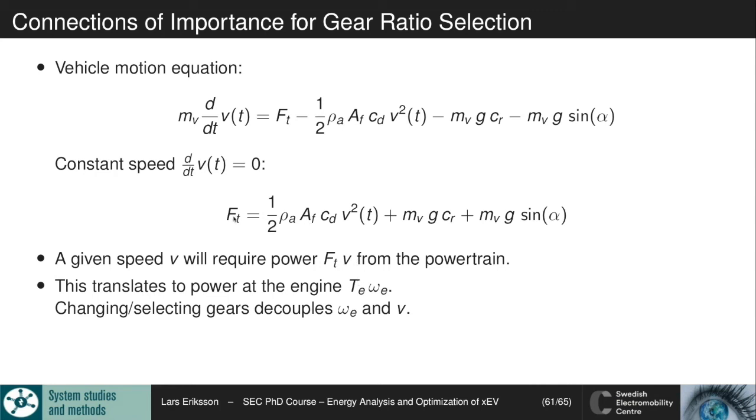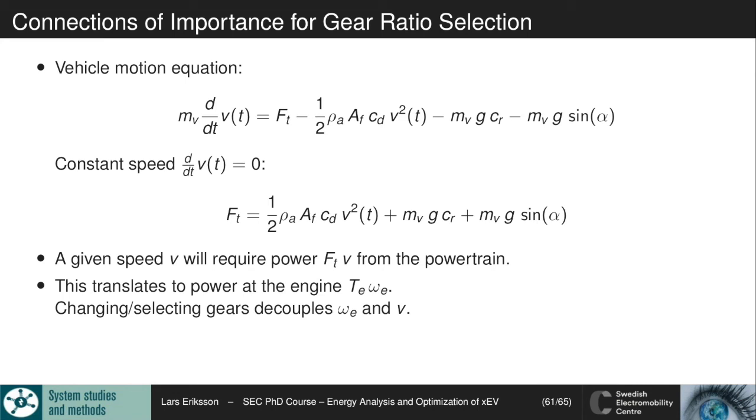So if we have this power requirement from the vehicle, and when we have the given velocity, we know the power requirement that the transmission needs to provide. And that power requirement, if we neglect the losses, needs to come from the electric machine or the combustion engine in the end. So with an ideal gearbox or a perfect gearbox, we can quickly get some impressions of where we are ending up,